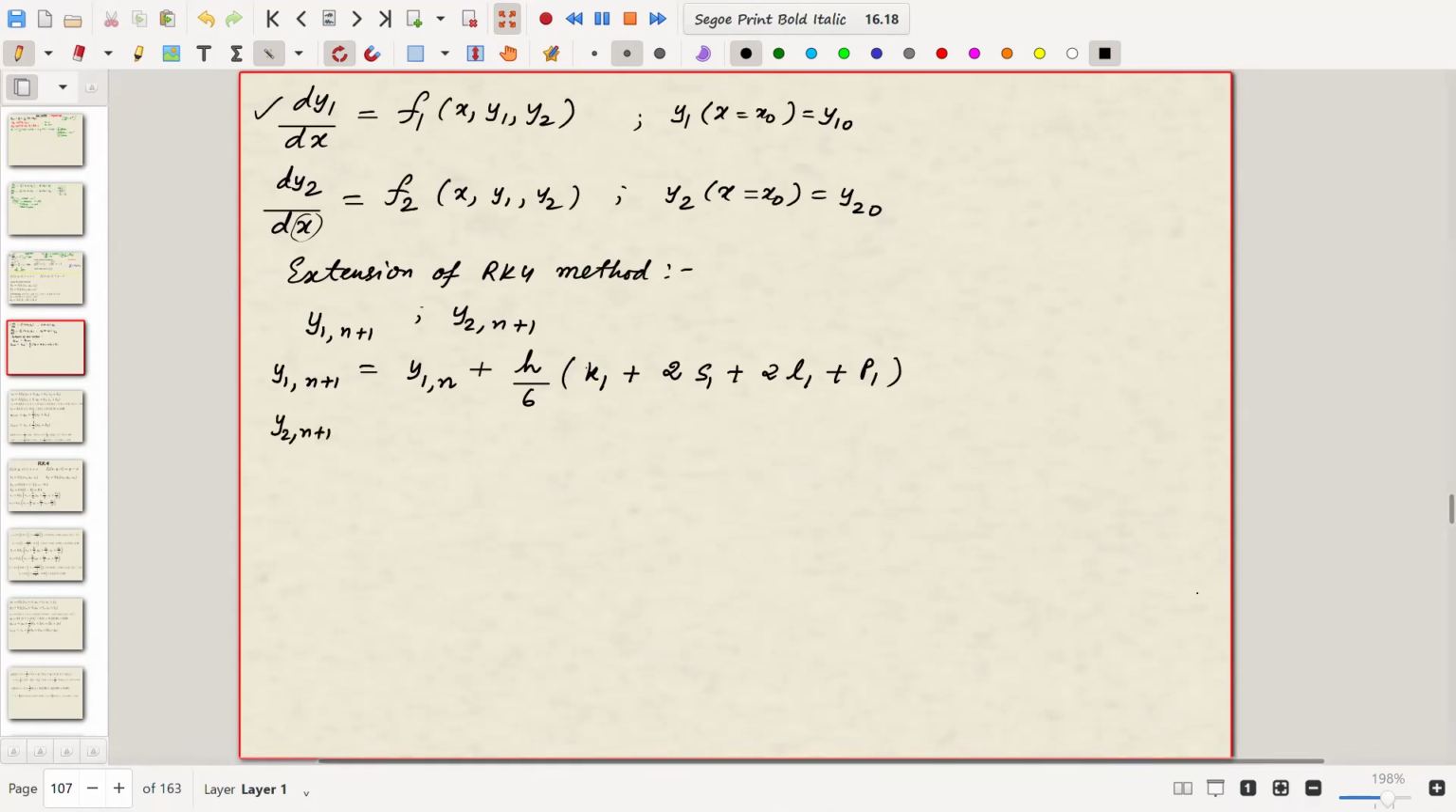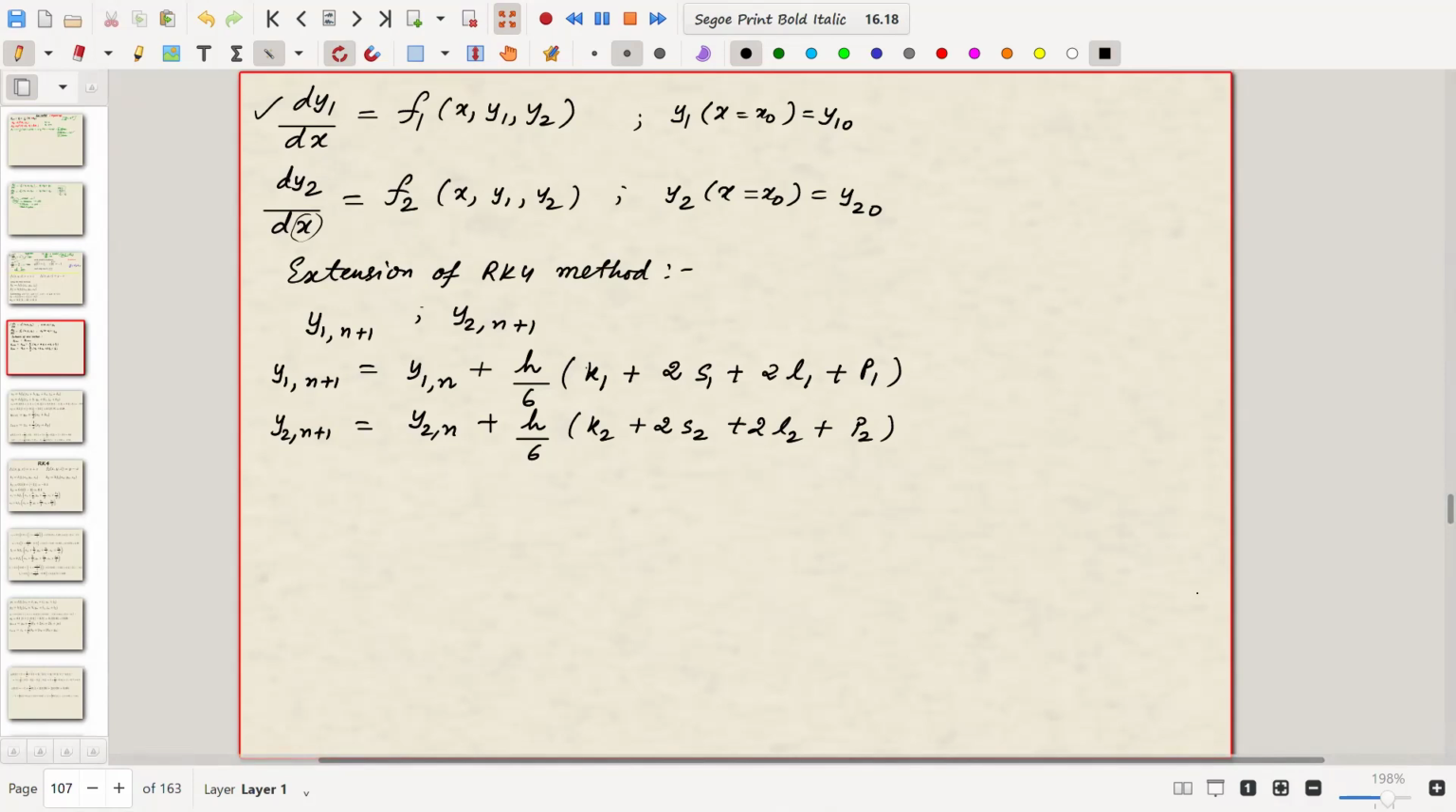Similarly, y2n plus 1, you can write it as y2n plus h over 6. Now, instead of k1, there will be another copy. Instead of k1, there will be a copy of k1, that is k2. Instead of s1, there will be a copy of s1, that is s2. Similarly, what should be next? Yes. So, k1, k2, s1, s2, l1, l2, p1, p2 almost behave similar to the original